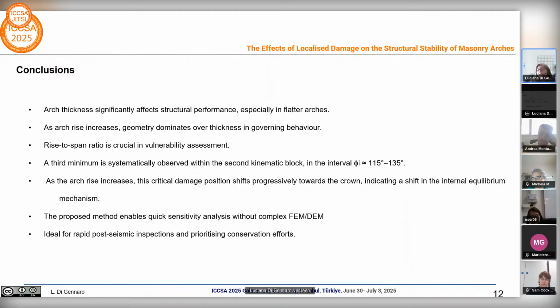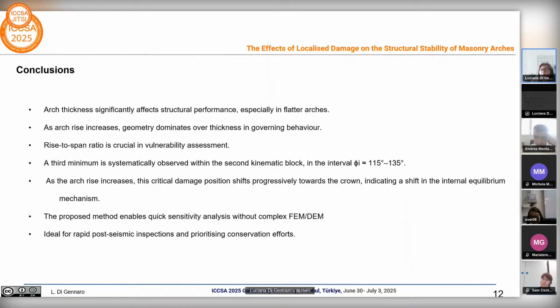On the other hand, as the rise of the arch increases, the geometry becomes the dominant factor governing the structural behavior. As for the damaged condition, the most critical positions of the damage were identified for each geometrical condition analyzed,